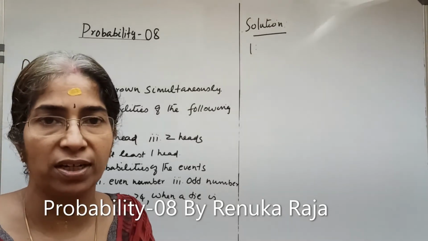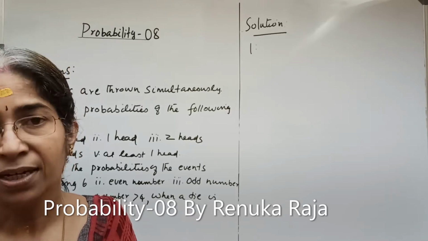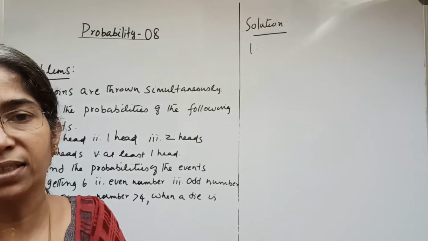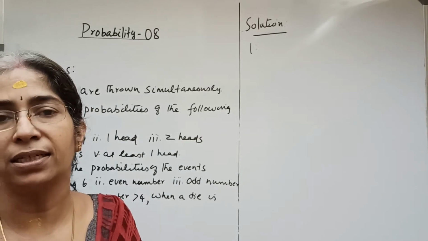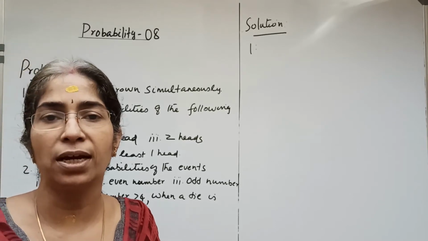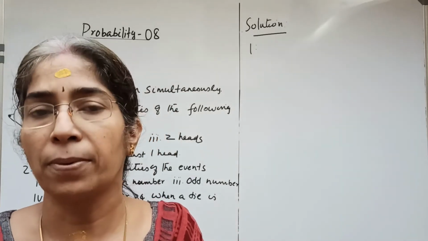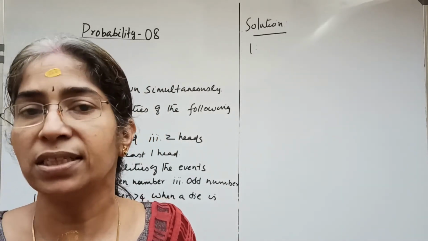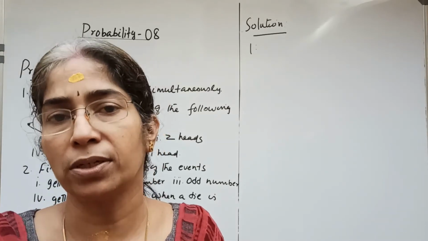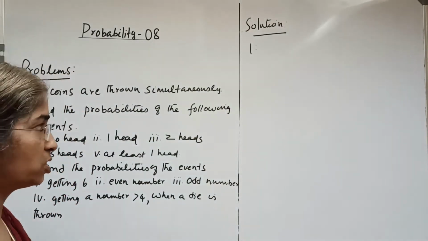Sample space is defined as the set of all possible results of a random experiment, and the total number of outcomes in the sample space is called the exhaustive cases. Any result can be known as an event, and the number of cases favorable to the happening of an event is called the favorable number of cases. Probability of any event A is a number between 0 and 1: 0 less than or equal to P of A less than or equal to 1. These are the basic definitions of probability.